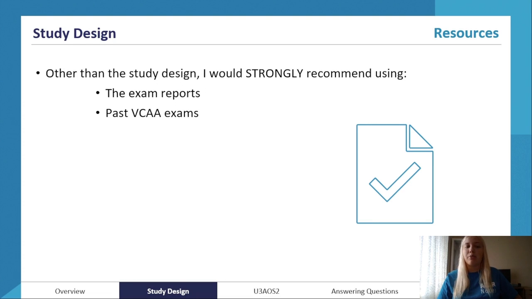Work closely with exam reports and past VCAA exams. Now, a lot of schools are really great in the sense that legal studies teachers, whenever you're learning anything, some of the homework tasks that they give you and tasks that they do in school is working with past exam questions, going through them together, writing a response, breaking it down, marking it. If you don't have a legal studies teacher that does that, or that's not the case in your class, you must go out of your way to make sure that you are doing this yourself